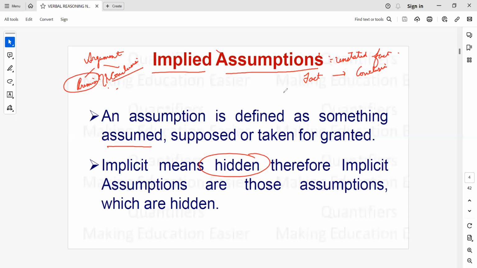The third and most important aspect of the assumption is that it is always with respect to the author or speaker. When I'm saying something or writing something, there is something going on in my mind. I don't write everything on paper. I don't say everything on the face, right? There are a lot of things that I assume in my mind, and those things that I assume in my mind become the assumptions. I would say that assumptions are rather logical implications which are unstated but could be hinted at within a sentence, right? So let's take an example. For example, I'm saying the car is blue.